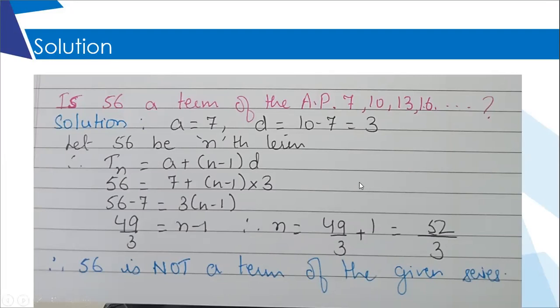But won't the other way also work, like dividing it by the common difference? It's not like you are using a formula, but it's still using some logic to get the answer. You are simply dividing 56 by 3, that is what you're saying? No, ma'am. Just one child at a time, you speak. Okay, so we subtract the first term from the nth term, which is 56 minus the first term, so we'll get 49, and we just divide it by the common difference. That's not by using a formula, but it's still some logic to find the answer.